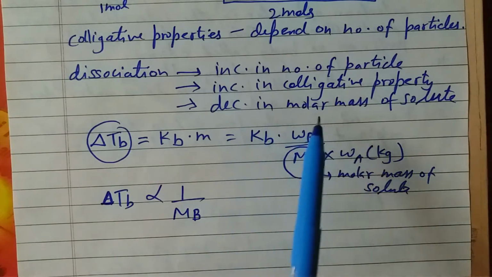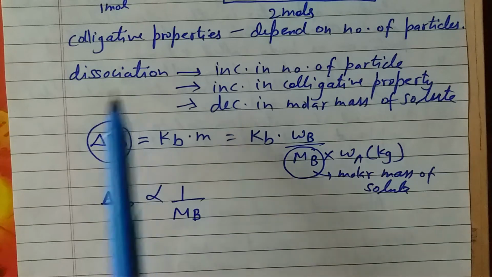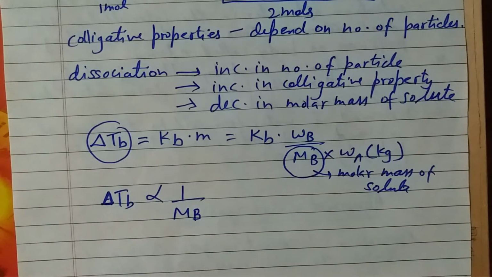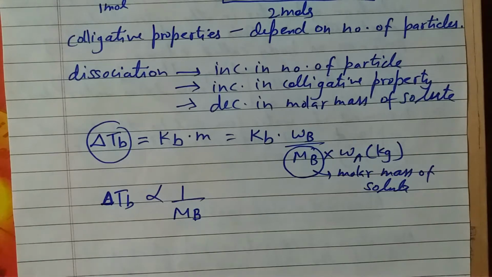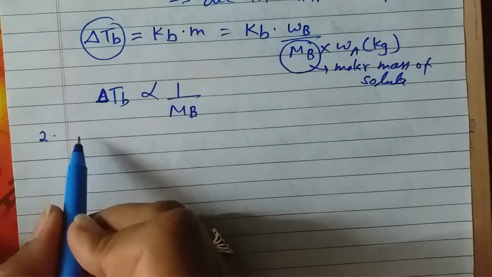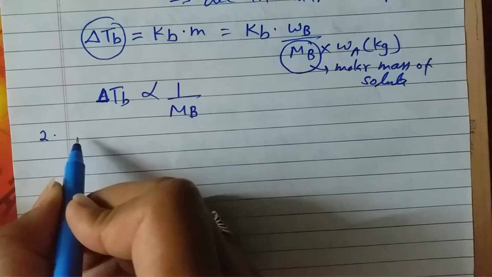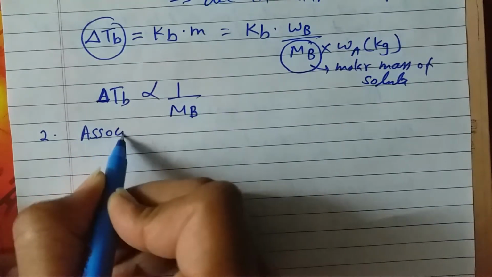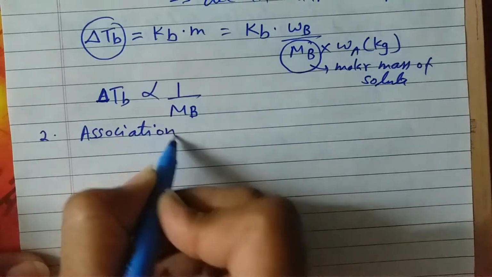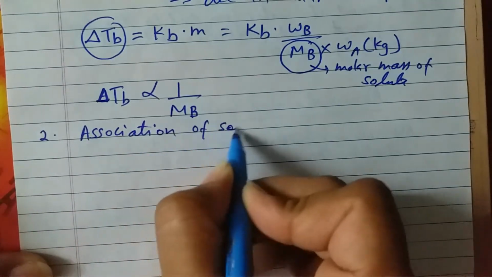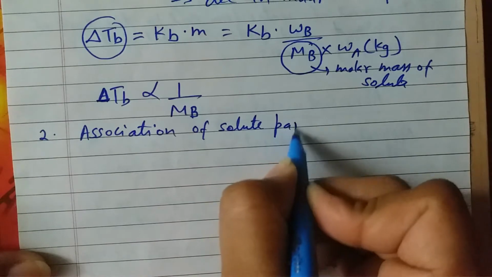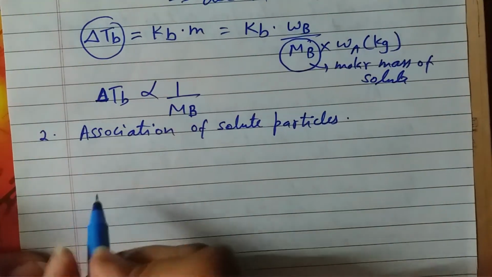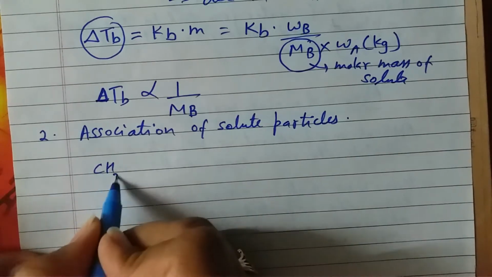So why the molar mass is abnormal? It's because of dissociation of the solute particles in the solution, which is increasing the number of particles in the solution. Now let's consider the second possibility because of which there can be this abnormality, and that second possibility is association. Association of the solute particles in the solution. So let's take an example of ethanoic acid. Ethanoic acid is